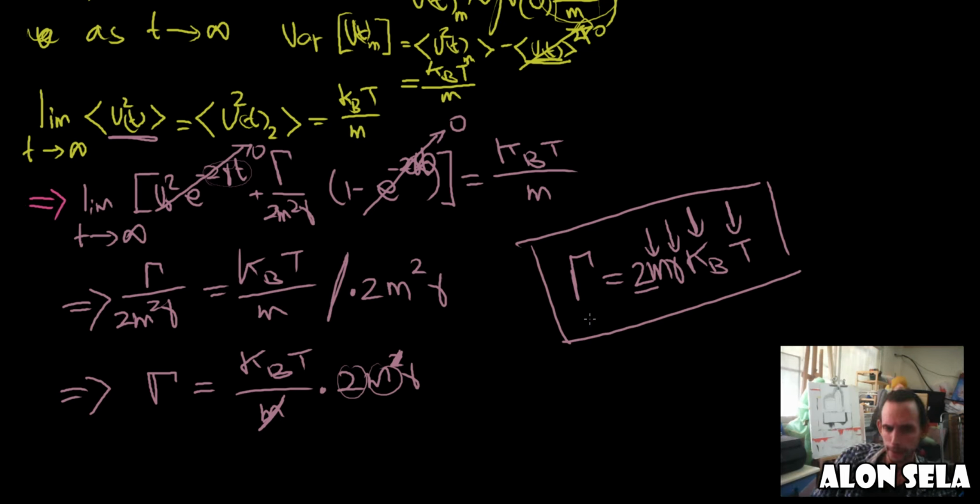I don't really care about this, or if you know what the coefficient of friction is, what the Boltzmann constant is, and the temperature. What I want you to take from here is that this gamma is some constant, and